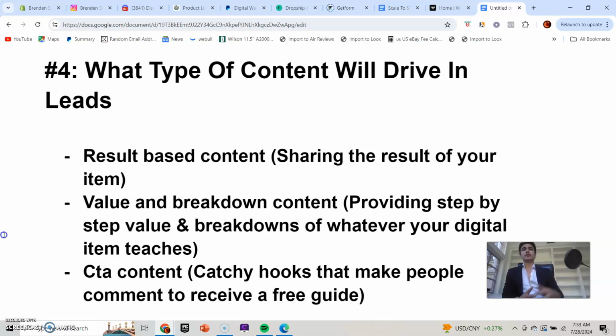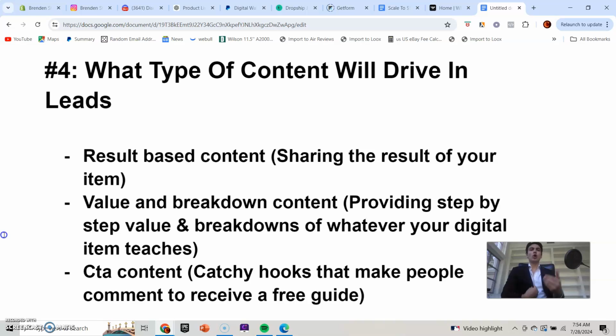Number 2 is value and breakdown content. So if you're posting TikToks and Reels providing value, you're breaking steps down, giving tips away, just really providing educational content, they're going to want to learn, right? You probably see reels and TikToks, maybe even mine, where value is provided or things are broken down and you want to learn more about it, right? If they break down 5 steps to get shredded and then you end the video with comment a keyword for a free guide to get shredded, not only do they trust you more because you're giving value, they also want to comment now because they know that you can provide value, okay?